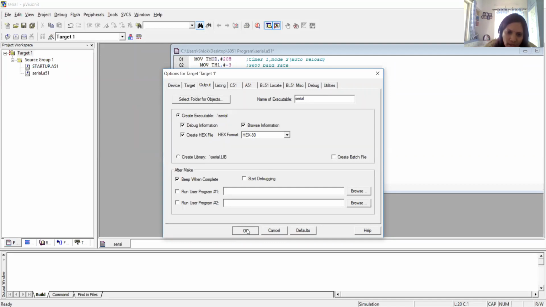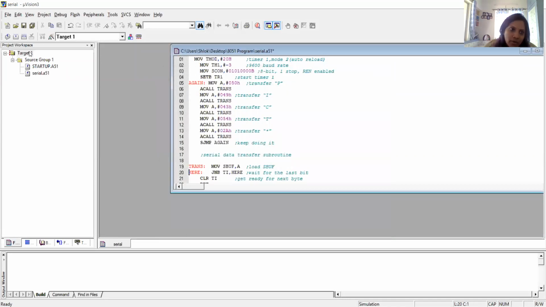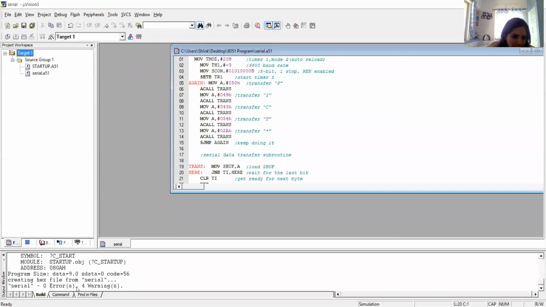Then you say build, and it creates the hex file. That hex file you need to burn through Flash Magic on your 8051.